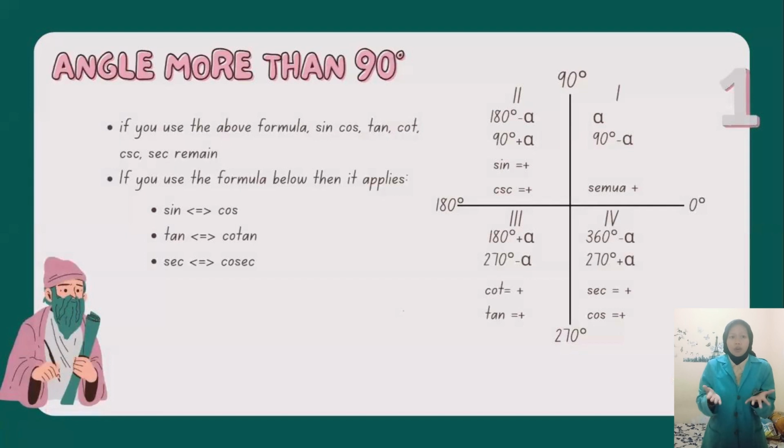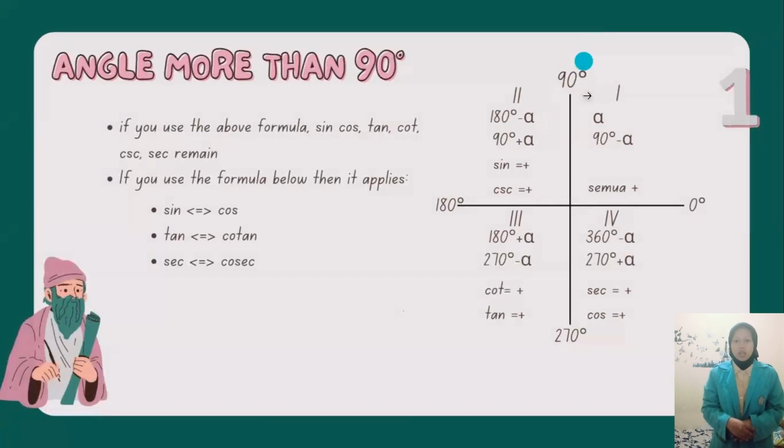And how if the angle is more than 90? Do you know? We have the formula to find out the angle which is more than 90 degrees. If we want to find out the angle more than 90 degrees, we have the formula. Okay, there is